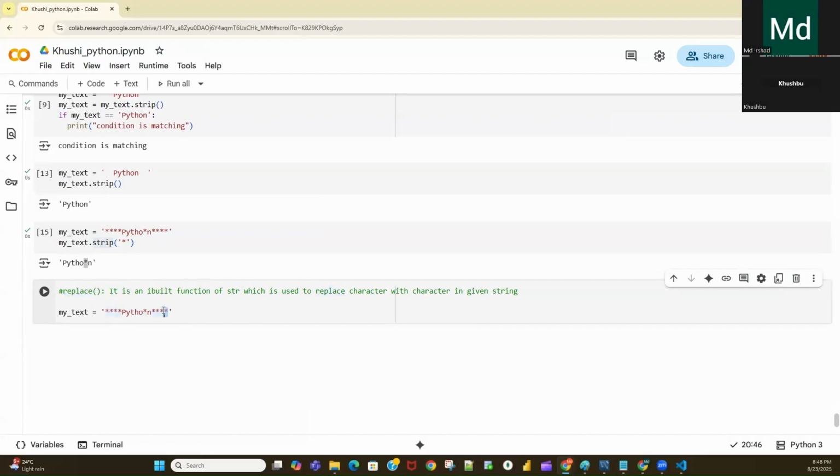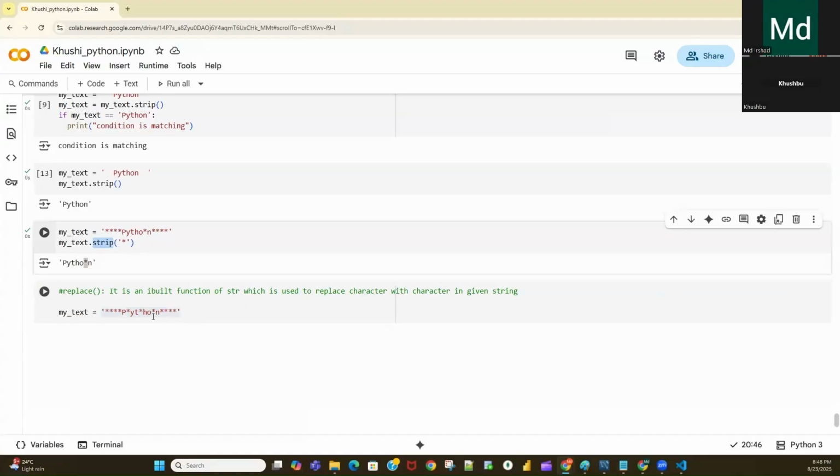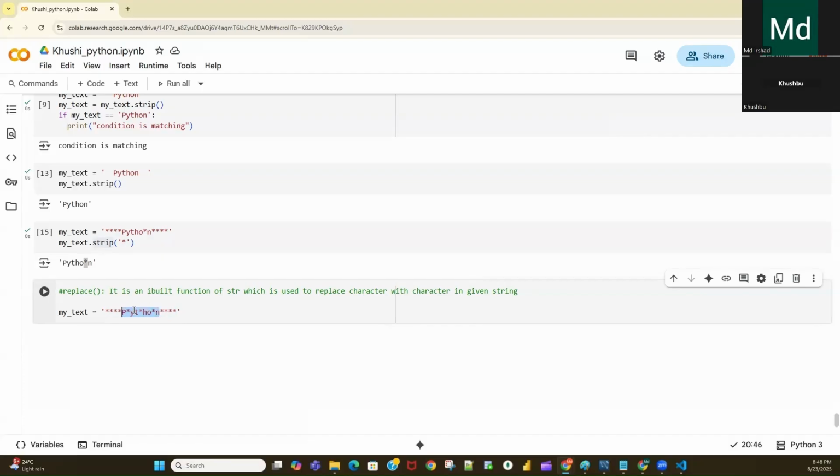So let's say here a star is one, a star is here. I'm giving one star here, one star here. Let's say your data is like this. You need to remove all these stars. If you want to remove all these stars with the help of strip, it won't work. It will remove only this part and this part. You will get this: still in this Python, there will be 3 stars.